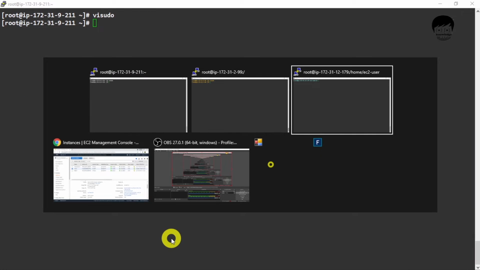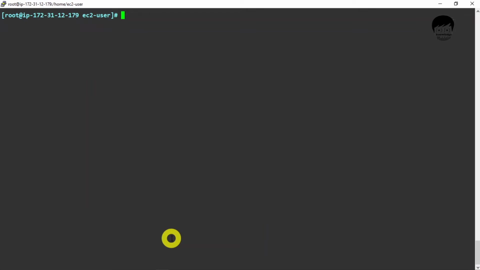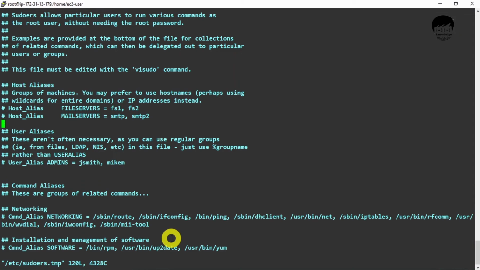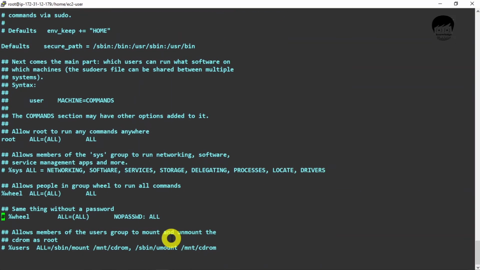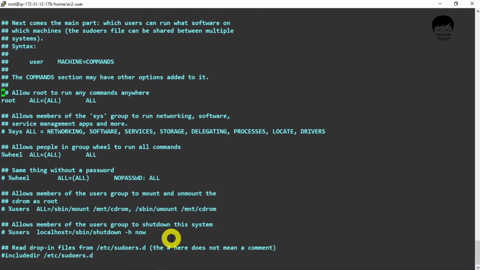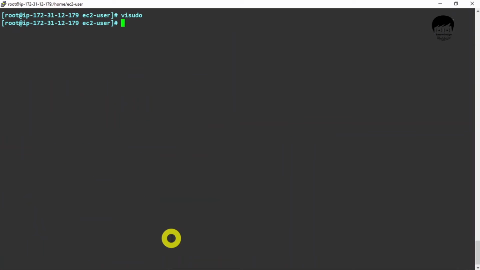And on the other node also we have to perform the same visudo. Where is root? Okay, it is here. ansible ALL=(ALL) NOPASSWD: ALL. Okay, I save all files.